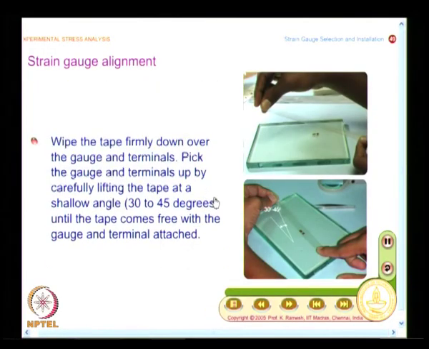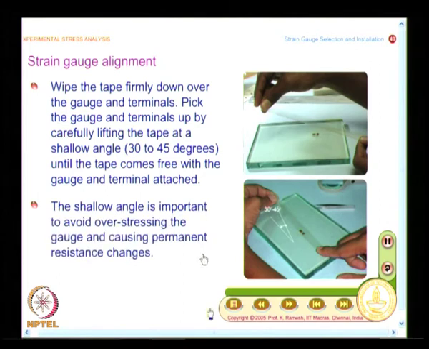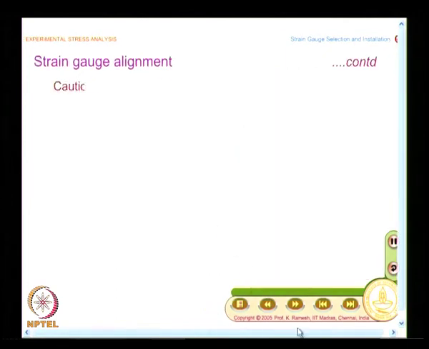So, I can align it appropriately, and you also do that practice on the actual specimen. What you do is you put it and align it, and then only go for actual bonding. And this is emphasized, the shallow angle is important to avoid over stressing the gauge and causing permanent resistance changes. Though this is a trivial information, this needs to be adhered to,